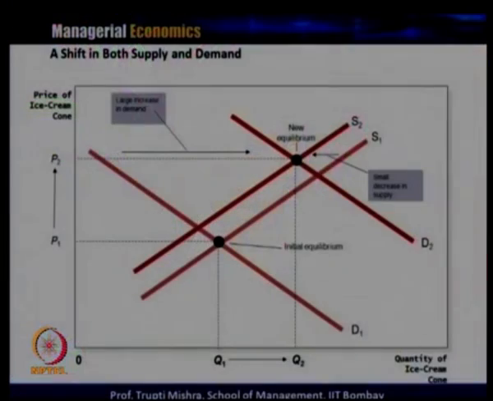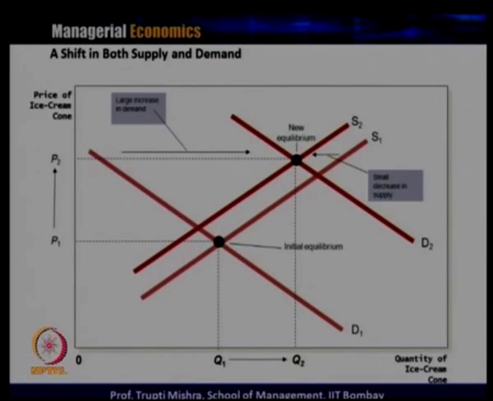So today we are going to look at what happens when there is a simultaneous shift in both the market forces, that is demand and supply forces. In the previous class, if you remember, we discussed change in the demand or change in the supply. So we'll check, when there is a shift in both supply and demand, what happens to the equilibrium price and what happens to the equilibrium quantity.